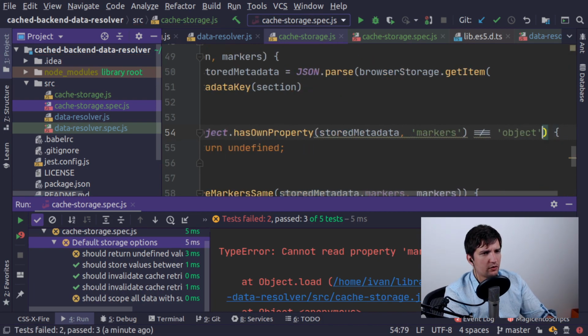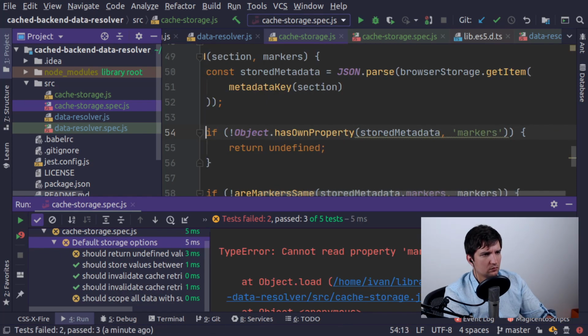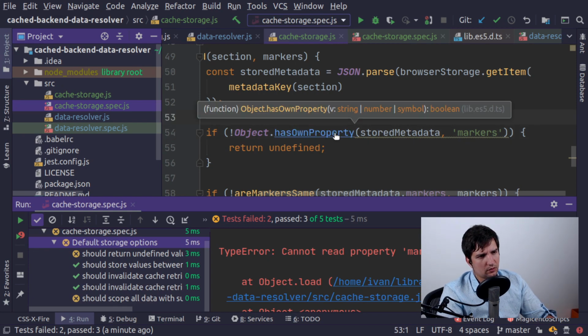So if it doesn't have any markers, if it doesn't have any markers itself,